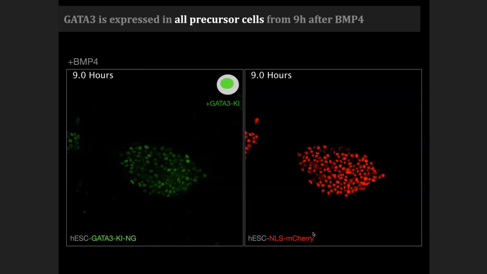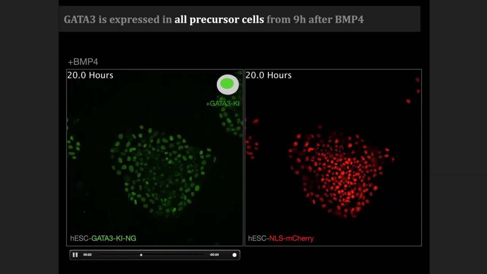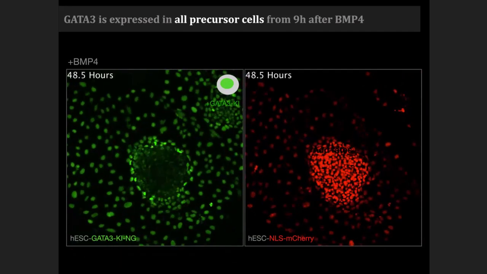So we image, of course, a knock-in of GATA3, right? And what I wanted to show you, I'm showing you the movie in a sec, but this is just a still image of a 9 hour. And you see that in this colony, every cell, every precursor cell is expressing GATA3, potentially at different levels, but I'll come to that. So initially there is no GATA3, we stimulate cells with BMP, and you start seeing the cells spreading out, changing shape, and GATA3 is really expressed especially in these flat cells outside of the main colony.